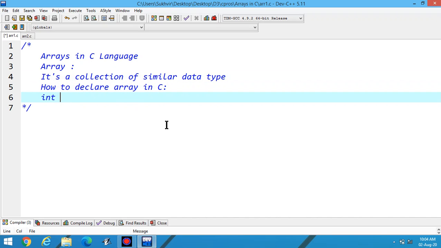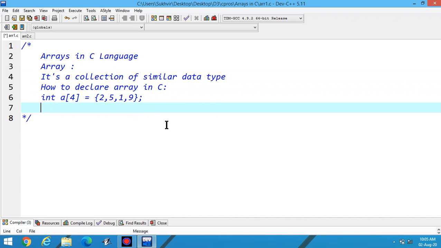Suppose I write int a, then I have to give the size. Suppose I write 4 here, then 2, 5, 1, 9. Suppose these are the elements. Now what is the meaning of this?